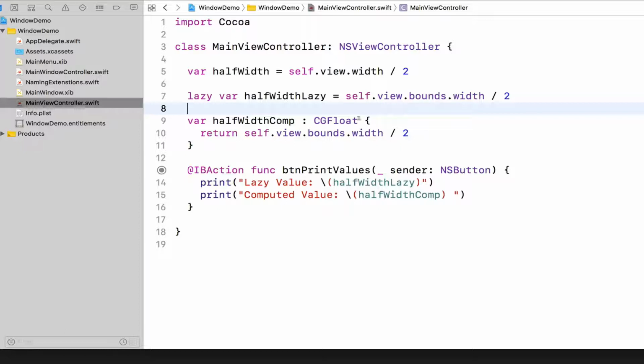And then we've got a computed variable which, notice, has to be explicitly typed and is like a function. It returns a value, but it returns the same value. And then when we press a button, we're just printing the values of these variables. So this is the point at which we ask for those variables. So if we run our application,